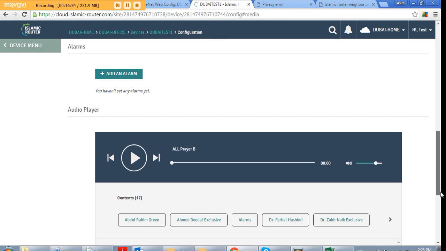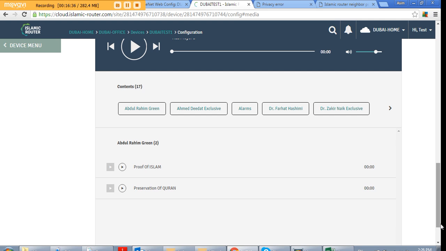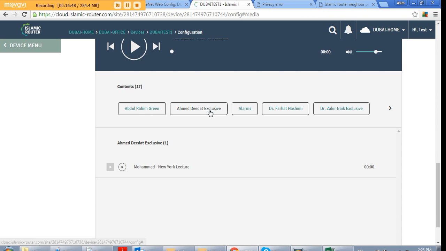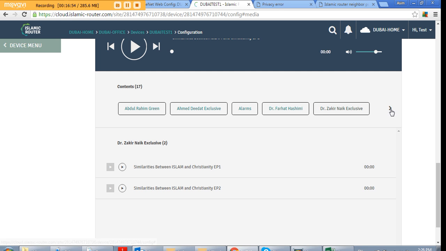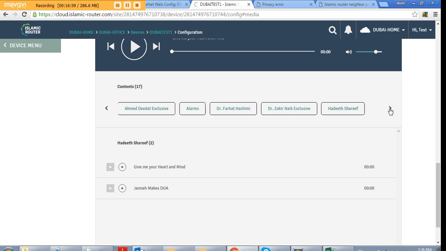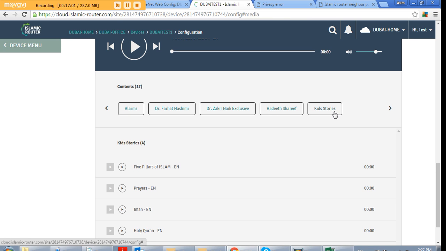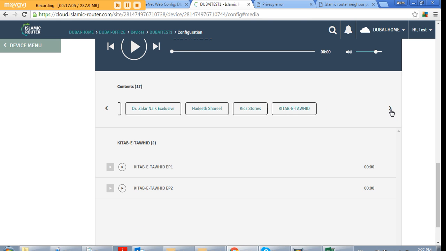What I want to show you is something very interesting. Here you can see what are the contents which are actually available for you. We have, let's say, under Abdul Rahim Green, proof of Islam, preservation of Quran, Ahmad Deedat exclusive is here, alarms are there, Dr. Farhat Hashmi, Dr. Zakir Naik, we have Hadith, we have some kids stories, we have Kitab-e-Tawheed,